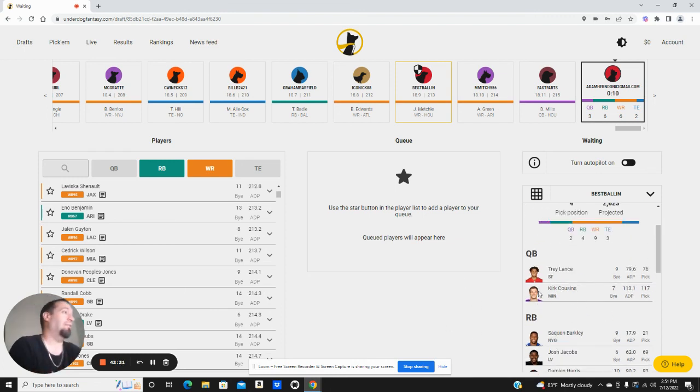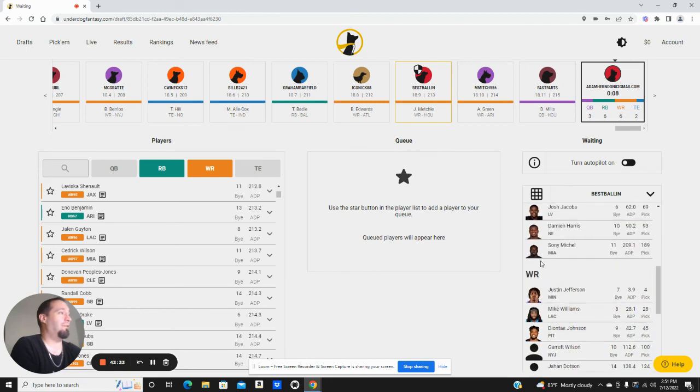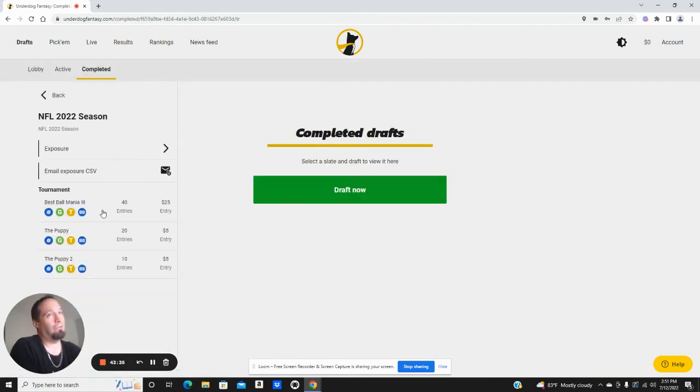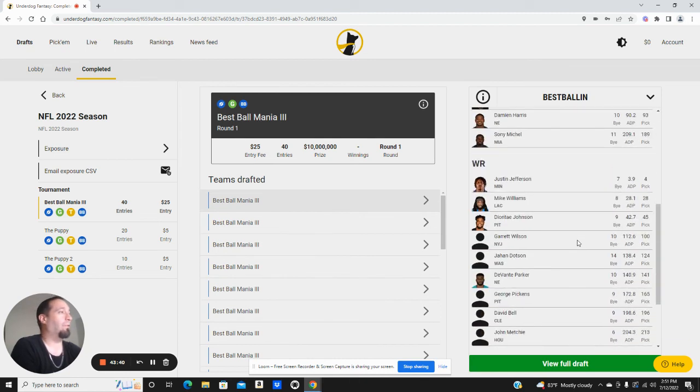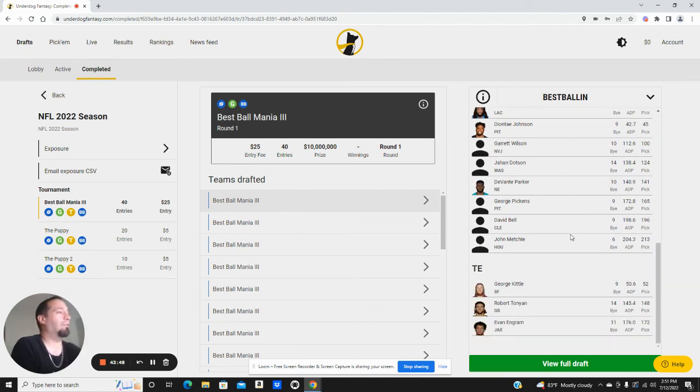And the way you do that is strong at QB, very strong at wide receiver. Although we do have a lot of rookies, that doesn't really bother me much. We have Justin Jefferson, Mike Williams, Deontay at the top of the pack. We've got Parker. So I'm cool with having the 5 rookies. And at tight end, pretty much A+ week-to-week upside with that grouping.